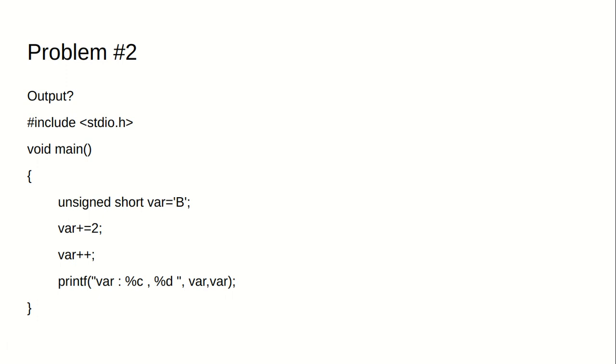66. 66 at what? In percentile C or in percentile D? Or in both? Anyone? And why 66? Whosoever answered 66. Sorry? ASCII value of B. The ASCII value of B. Okay, if the ASCII value of B is printed, I would like to know where it will be printed, in percentile D or in percentile C. Percentile C. 69 and